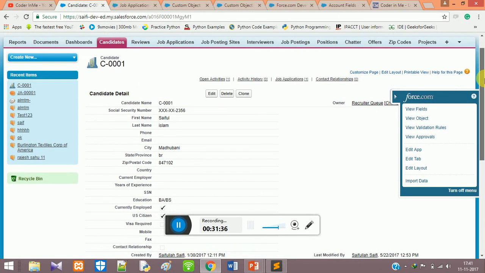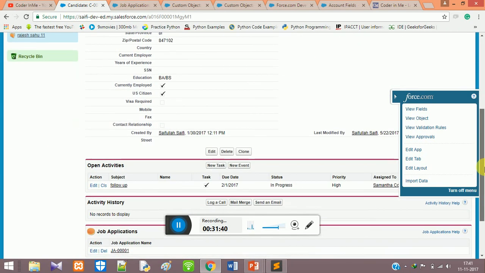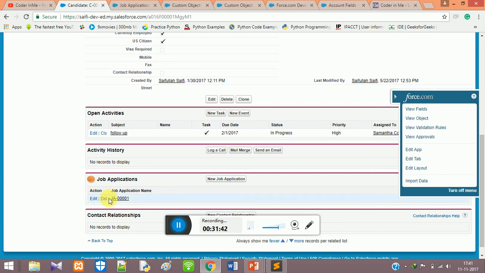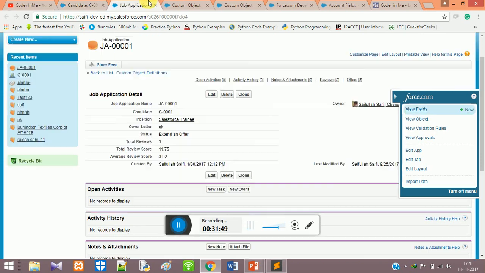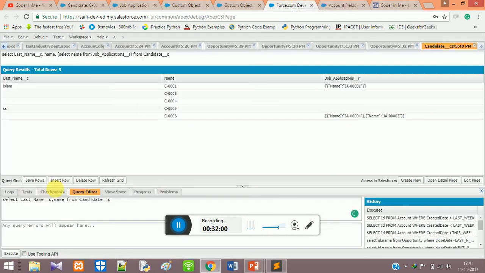After that there is a social security number also, and in the related field you can see that this candidate has a job application. So this has a child object, that is job application. You can see here job application J001. In that there are some other fields, and you can see here job application double underscore c. So if you want to check how many candidates are there, we can use it. Select name, last name from candidate, and after the execution you can see that,